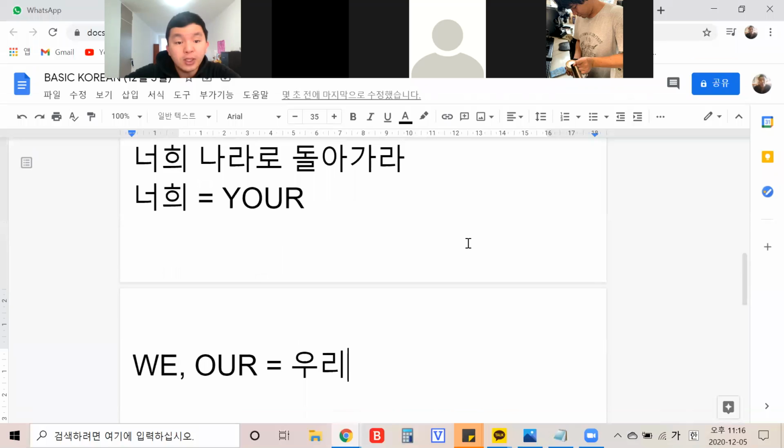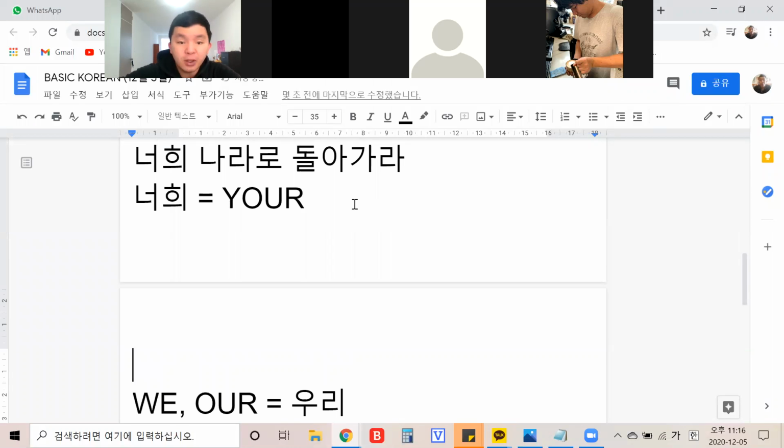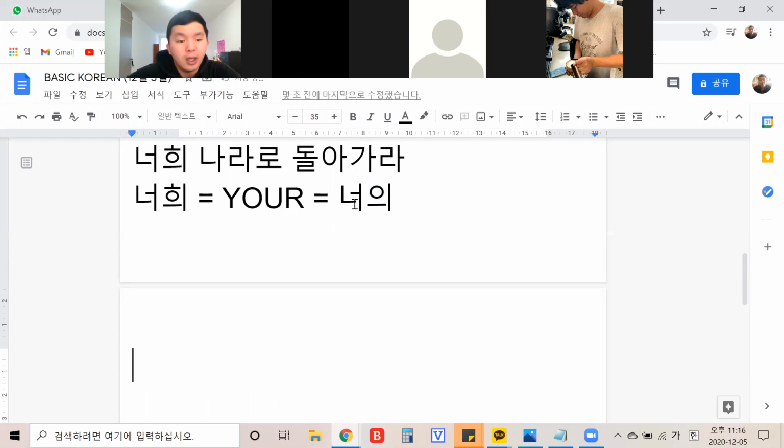So 너희 is simply your, and let me give you another tip. 너희, which means 너, is originally from 너의, with the possessive, you and we possessing. And 나라, as we know, is a simple noun. Yeah, country. And the 나라로